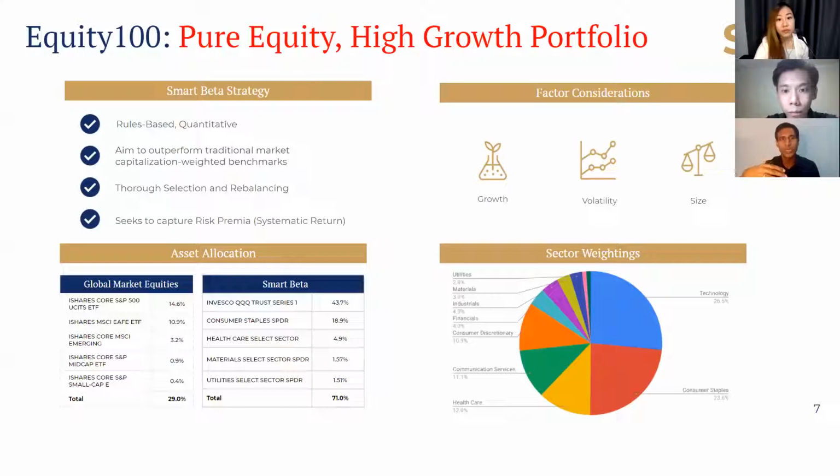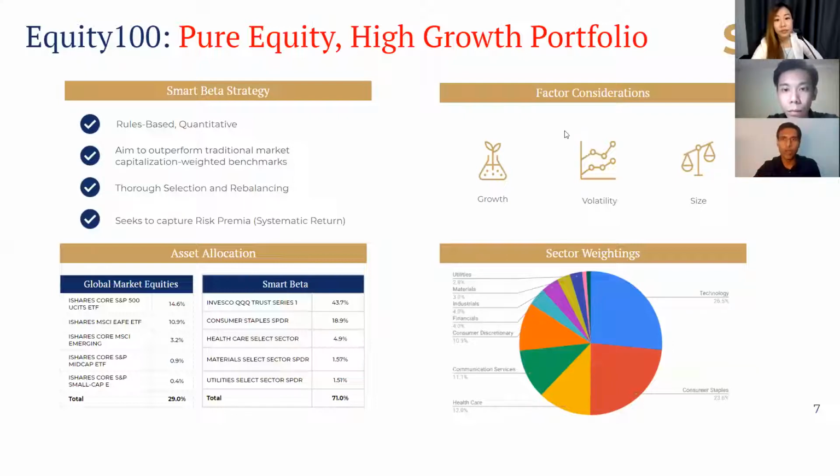And what we did was, again, we don't have an active strategy. That's why it's called a smart beta strategy, where smart beta in layman terms basically means that instead of weighing the portfolio based on market cap based allocations, you weigh the portfolio according to certain factors that really drive returns. And these factors are not things that we have invented. These are factors that have been very well researched and have been proven that over longer horizons, if you focus on the right factors, you can really generate excess returns beyond what you can get from just investing into the index. And also overall your risk is a little bit lower compared to just a market cap oriented benchmark.